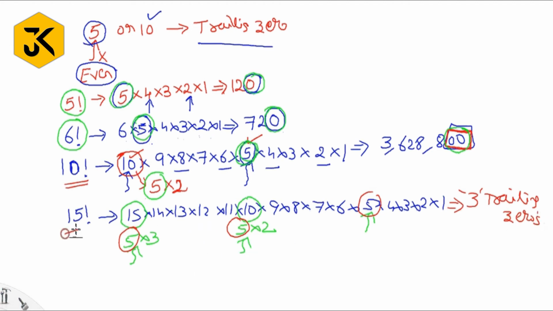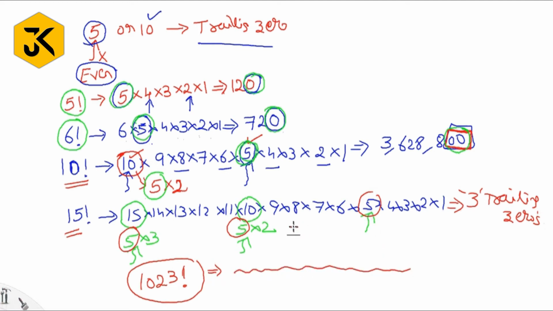But in the exam they won't ask these simple ones. They will ask something like, what is the total number of trailing zeros at the end of 1023 factorial. At that time, you cannot write all these numbers and calculate like this. Then what can we do? We can simply calculate. Let's see. For example, I want to find the total number of trailing zeros at the end of 15 factorial. Then if you want to check how many 5s are there, then simply I can divide by 5, right? If I divide by 5, there are three possibilities. Three possibilities of 5. So in 15 factorial, I can get three multiples of 5.